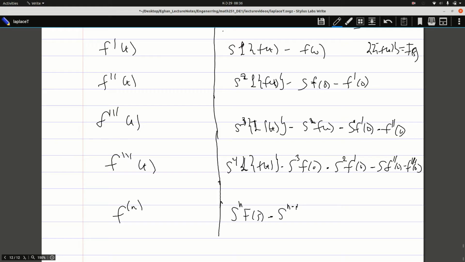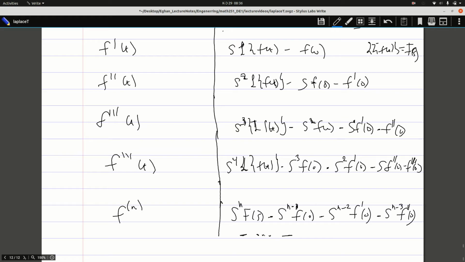When it reduces, it's no more the big F, it is just the f at 0. It would reduce again to n minus 2, and then the first derivative at 0. We reduce again to n minus 3, and then we're going to take the second derivative at 0 through to,